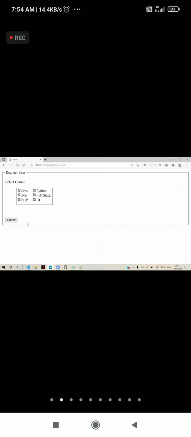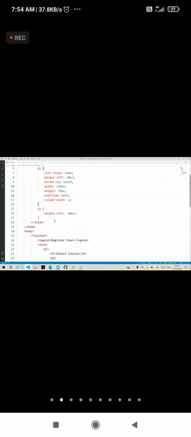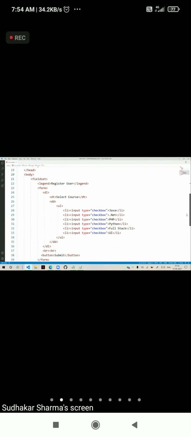So by default, such elements are not available in HTML. You have to design them by yourself. This is actually a very frequently asked design for UI learners. In interviews for freshers, they ask regularly to design such things, like how we can design a list of checkboxes, how we can design side by side columns and all. This is while working with checkbox. You can do this for radios also. Radios and checkboxes we can design in this way.